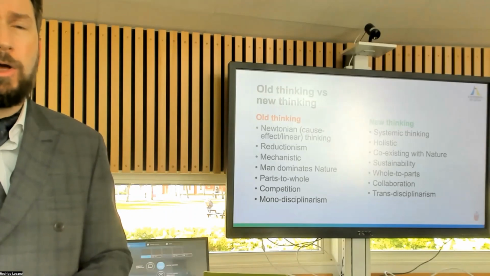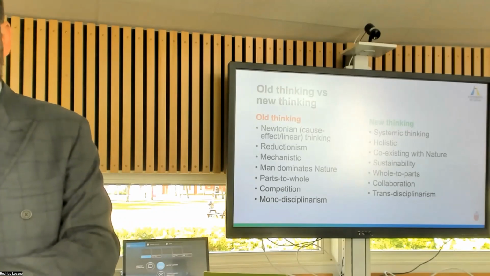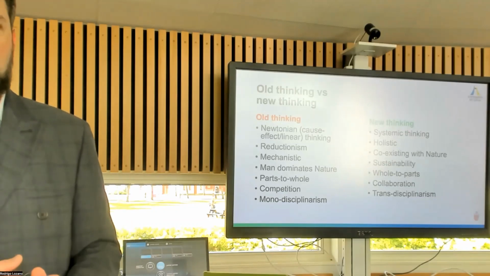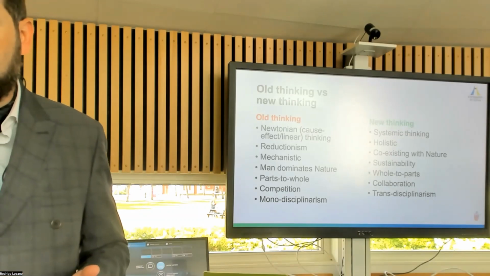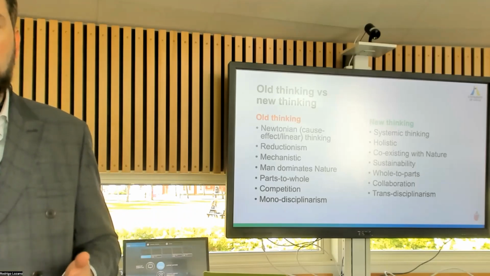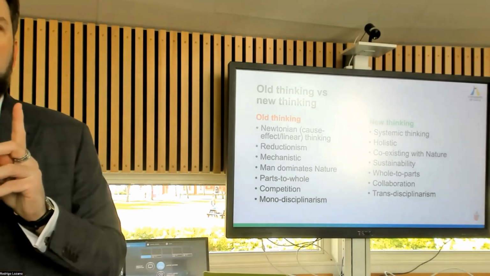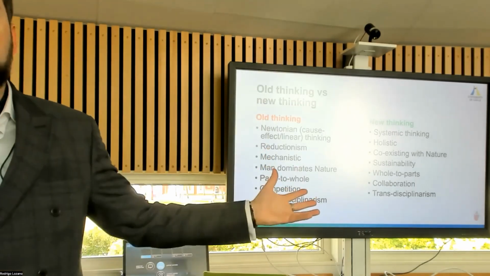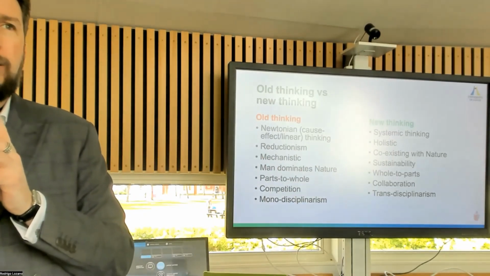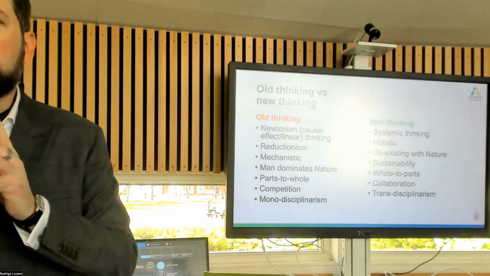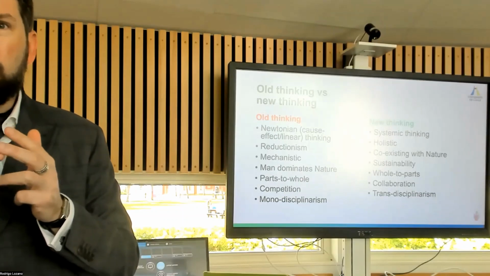It's not 2 + 2 = 4. 1 + 1 in systems thinking can be 2, can be 0, can be 3. Because in systems thinking, if you have 2 people or 2 groups or 2 organizations that work together, they can create much more than 2. If you have 2 people fighting against each other, the system will not move, so a 0, or the system will go backwards, -1. So you have 3, 2, 1, 0,